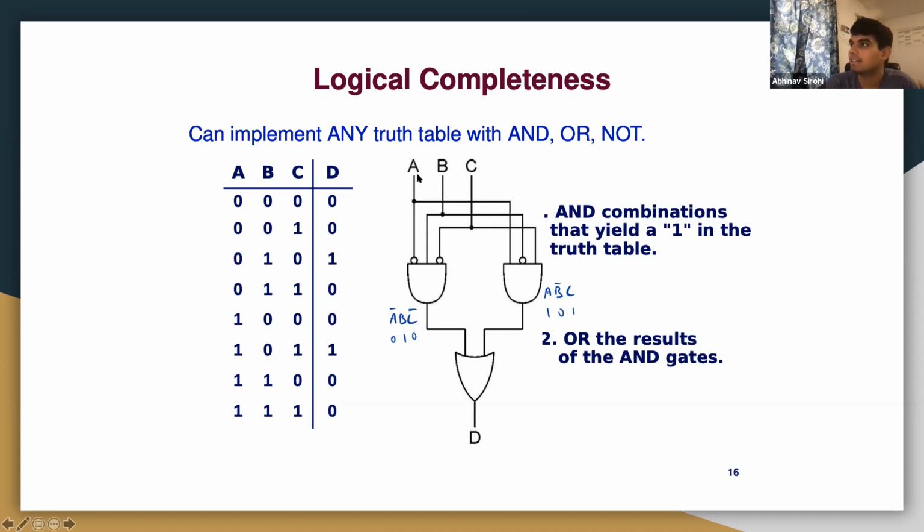So when we feed in A as 0, it negates it, and A is 1. When you feed in B, it's just 1. And when we feed in C, the C is initially 0, but it gets negated to 1. It goes through the AND gate, and the output is a 1,